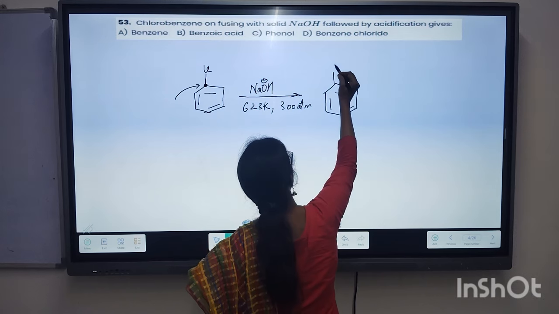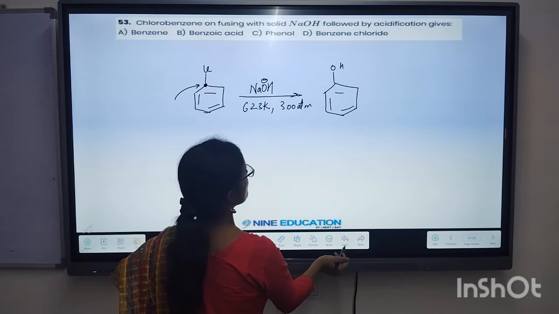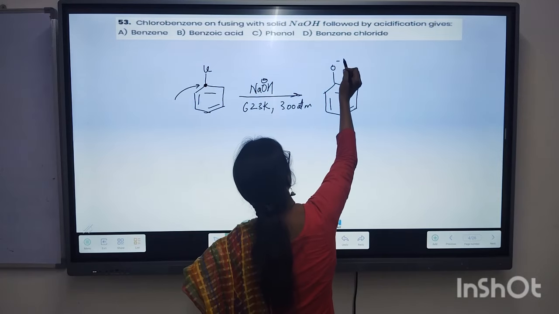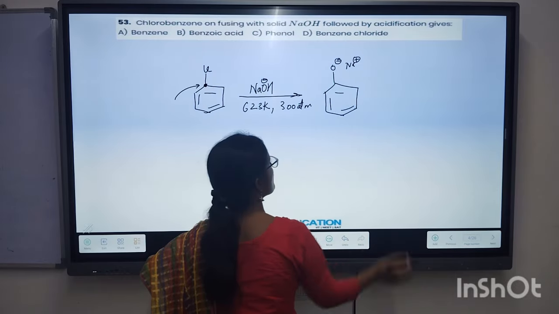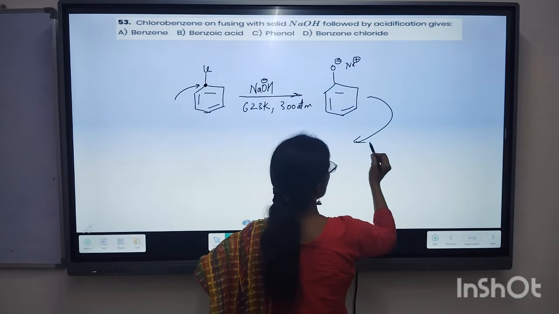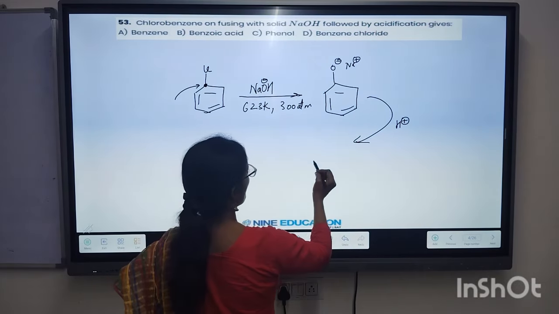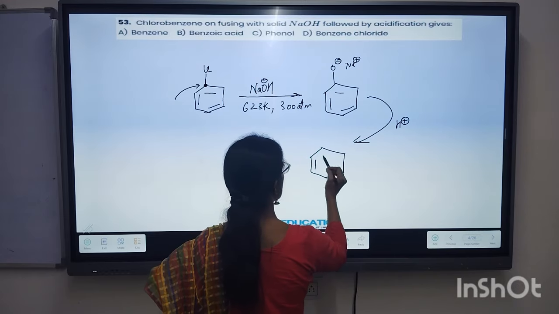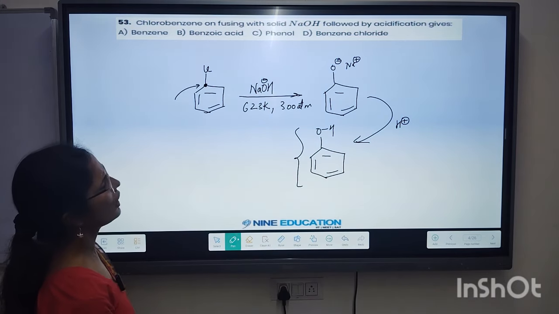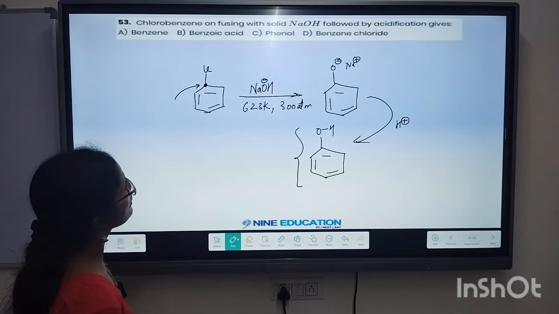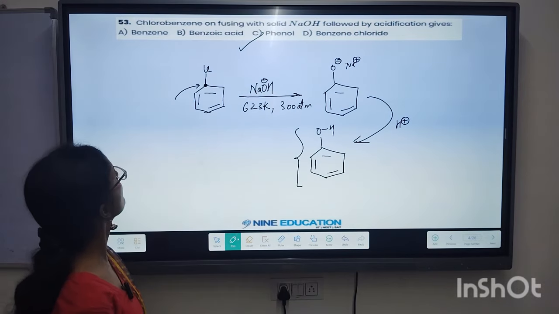We will be getting benzene connected with OH, but we know that phenol hydrogen is acidic in nature, so in the basic medium ultimately it will be remaining in what form? O minus form, which is the phenoxide form. And if you truly want to get phenol, what you will have to perform next? You just simply do some acidification, means just provide some H plus, and ultimately it will be giving us OH, which will be your neutral phenol. So again textbook based reaction. I think C option is the one given as phenol, so phenol will be the correct answer. Pretty straightforward.